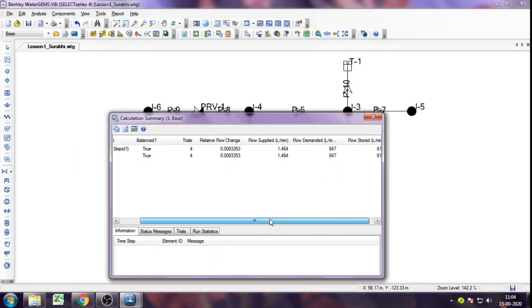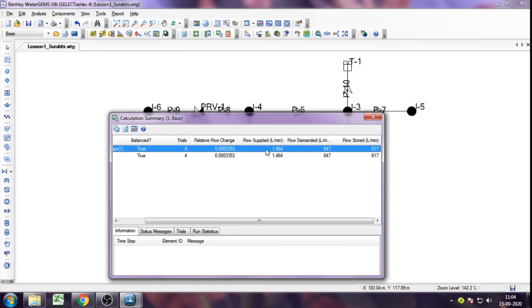For example, these values you can see here are relative flow change, flow supplied, flow demanded, flow stored. These are all calculated by WaterGEMS. So look at this first case. Flow supplied is 1464, that is the flow which is being supplied by this network, 1464 liter per minute, and the demand was 847 liter per minute.